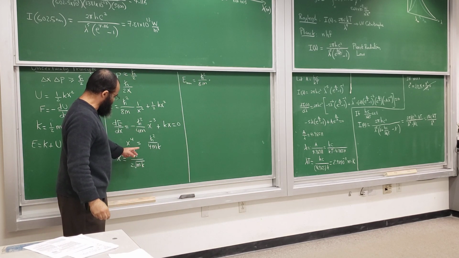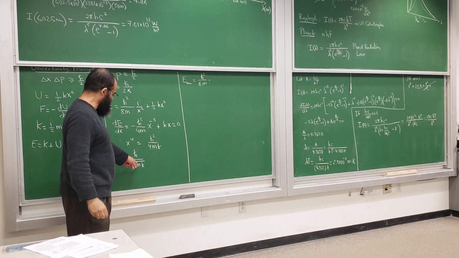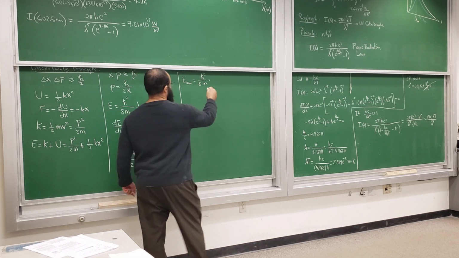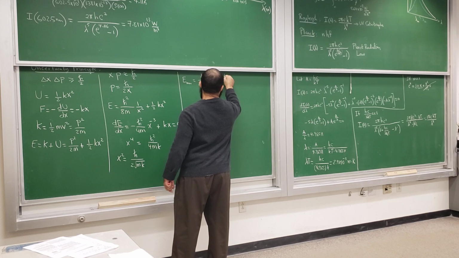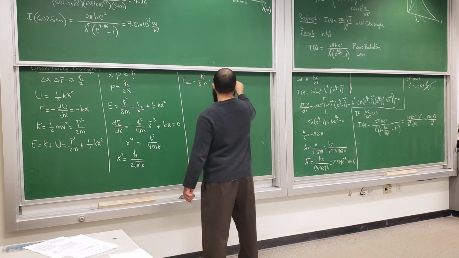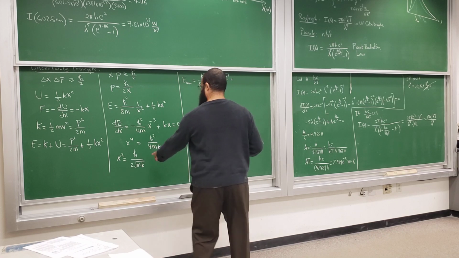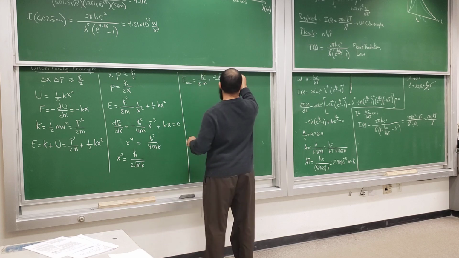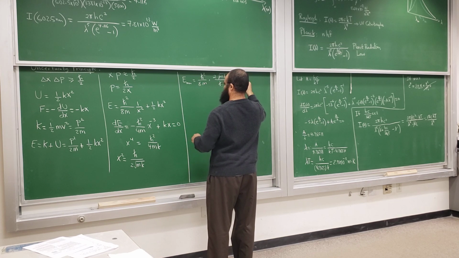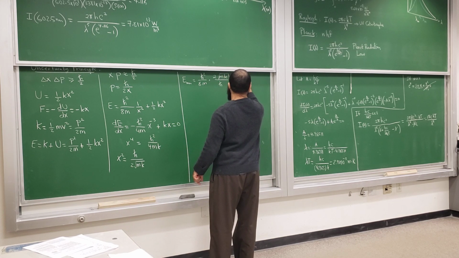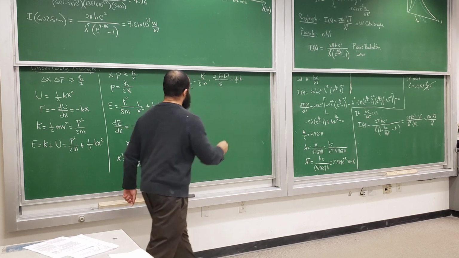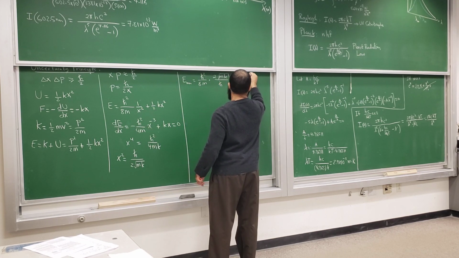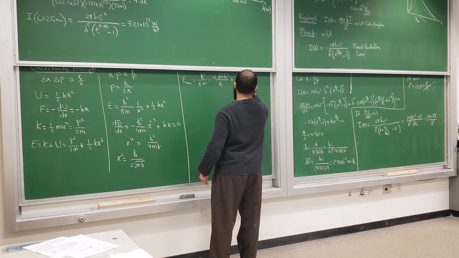So just flip this, and you get 2 mk over h bar, the square root of mk over h bar, and then plus this one, 1/2 k times x squared, here is x squared, h bar over 2mk flips up,